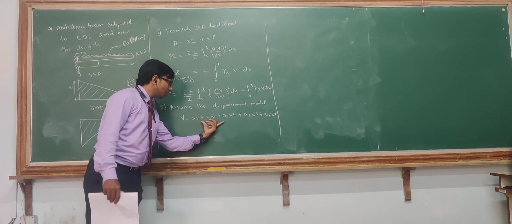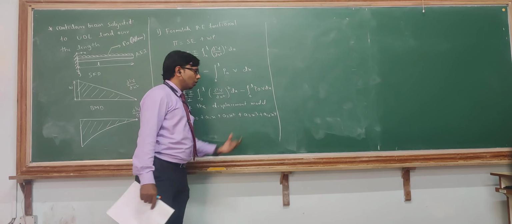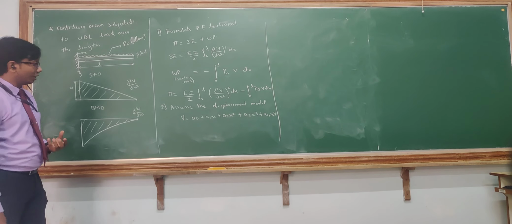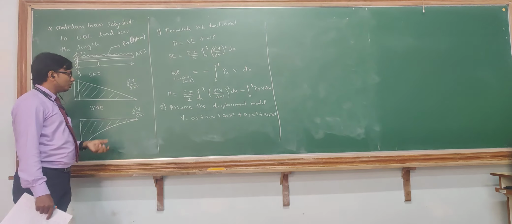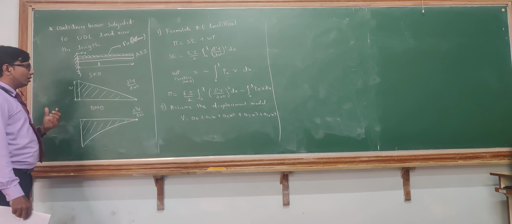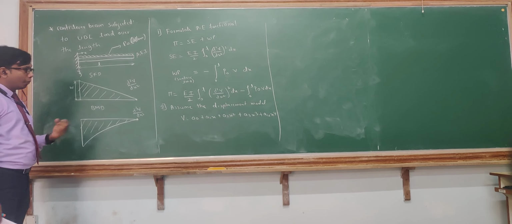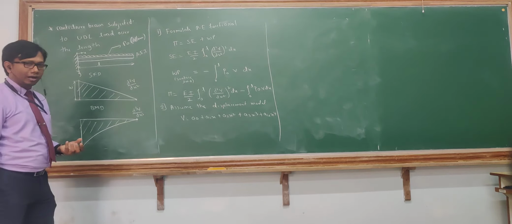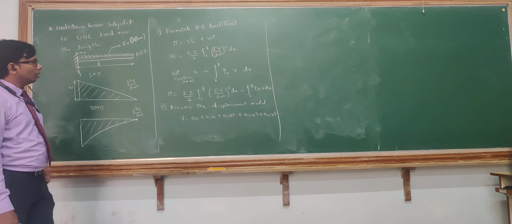We can take only 3, but the answer will be very inaccurate. So we have to increase the order of the polynomial. If I want to increase the order of the polynomial, I should have sufficient boundary conditions. So here I have got these two boundary conditions from the SFD and BMD. In future problems, if you have insufficient boundary conditions, you should go for the shear force and bending moment diagram, which will give conclusive evidence for applying the boundary conditions at these particular points. So I got these 2 boundary conditions.